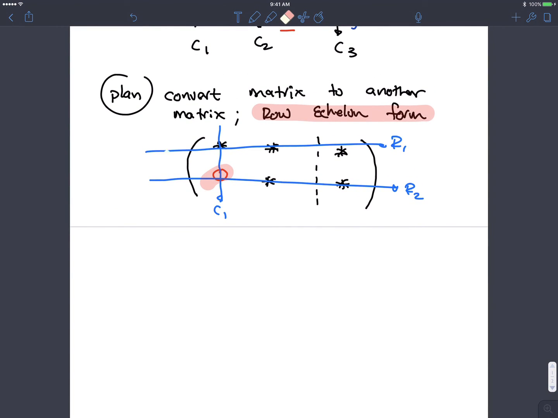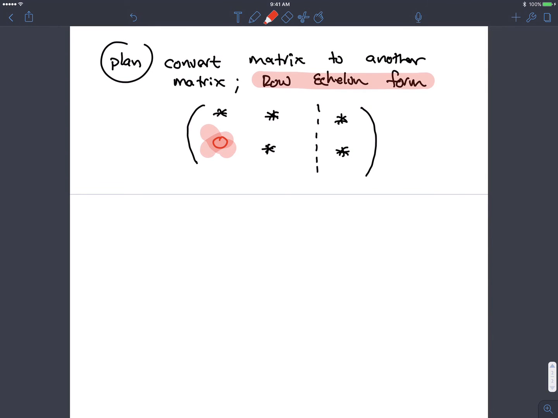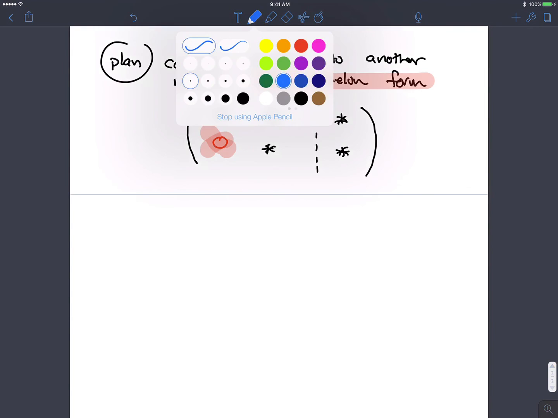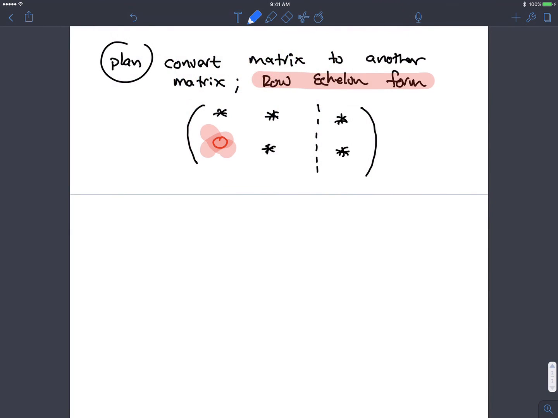Now let's erase some of these things and emphasize that this particular entry must be 0. And that's our plan. Now the next step is to say, well, how do we actually get there? How do we make that entry 0? Well, there's operations that I can use. So let me remind you here from the lecture. In order to do this, we're going to have to use